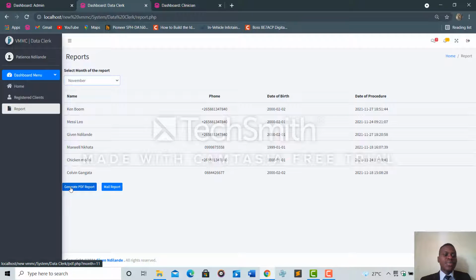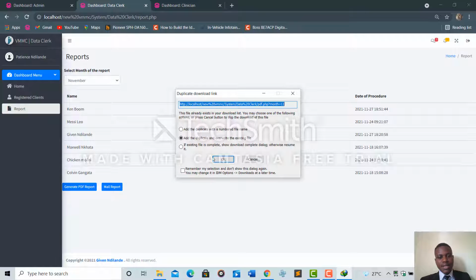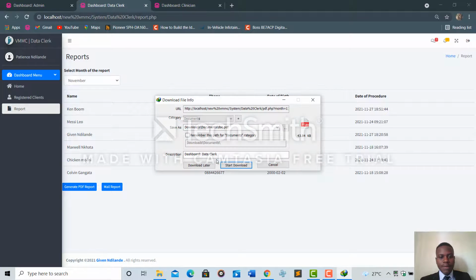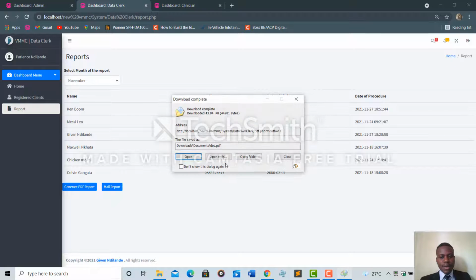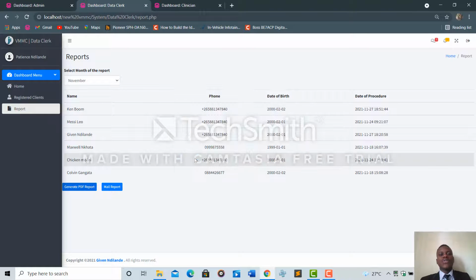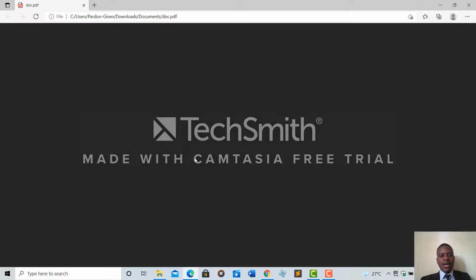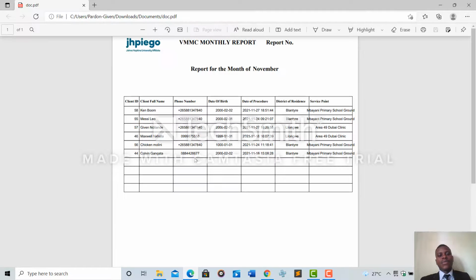One that says generate PDF report and one that says mail report. For now we're going to concentrate on the generate PDF report function. Now all we have to do is just click generate PDF report. As you can see, all you have to do is click OK. Now this is where you get to print out the report. Printing the report and opening it, you get to see that the report has been generated for that particular month,